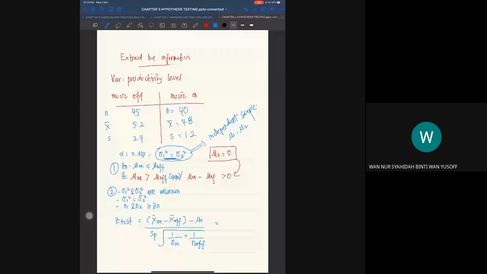What is your Z test? You should get... Anyone? Z test? Negative 0.953. Okay, the third step